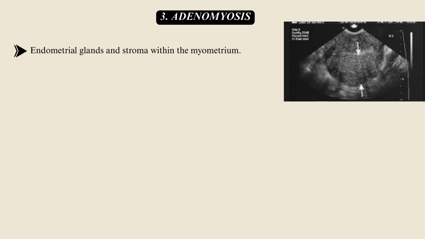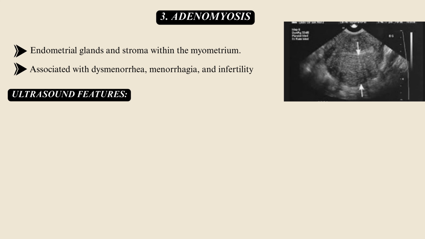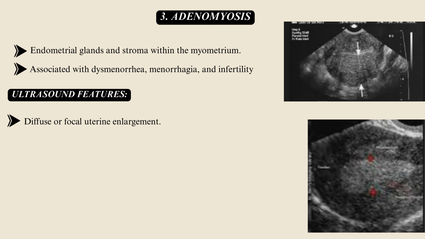Adenomyosis. Adenomyosis is the presence of endometrial glands and stroma within the myometrium. It is associated with dysmenorrhea, menorrhagia, and infertility. Ultrasound features of adenomyosis are diffuse or focal uterine enlargement,